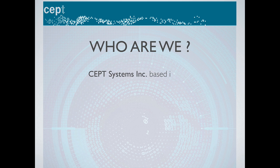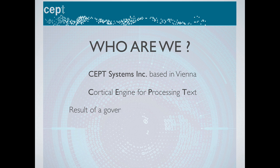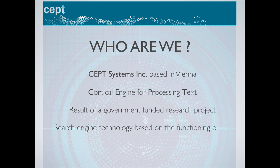I'm a co-founder of CEPT Systems, a startup company based in Vienna. CEPT stands for Cortical Engine for Processing Text. Based on the results of a scientific project funded by the Austrian government, we have developed a unique type of search engine technology that is engineered using processing methods similar to the human cortex. We believe that the discovery of the CEPT algorithms will become a game changer in many natural language arenas of